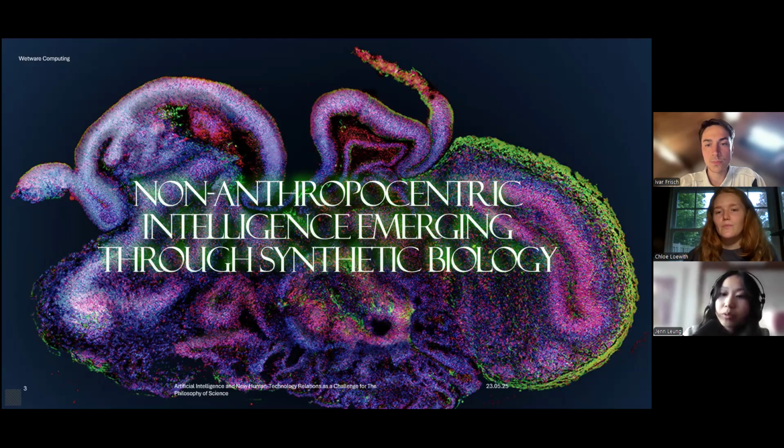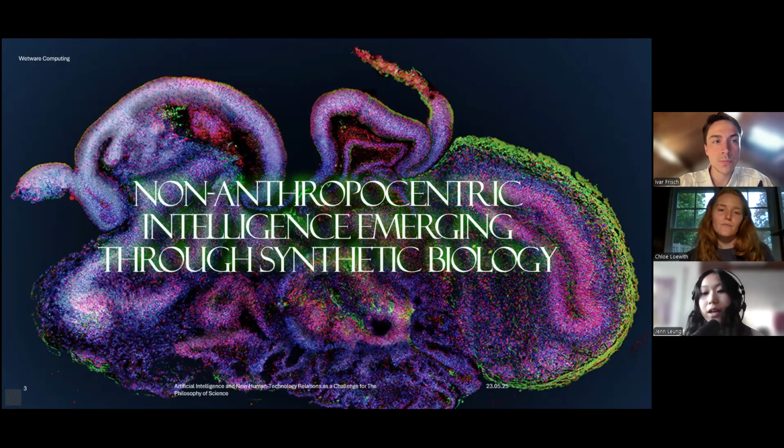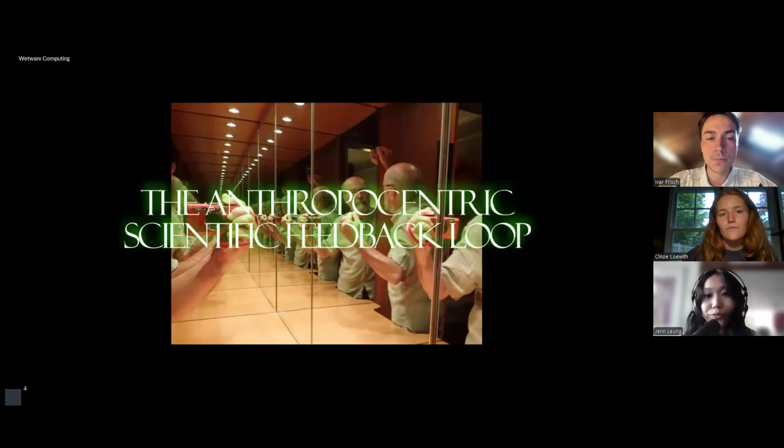In this paradigm, computation tasks are performed via synthetic biological matter, such as what we'll be talking about today, organoids. And in this talk, we'll be arguing that integrating wetware computing into scientific knowledge production can allow us to find a non-anthropocentric form of science, one in which the relationship between subject and object becomes discursive rather than unidirectional.